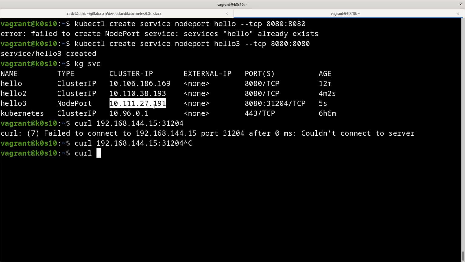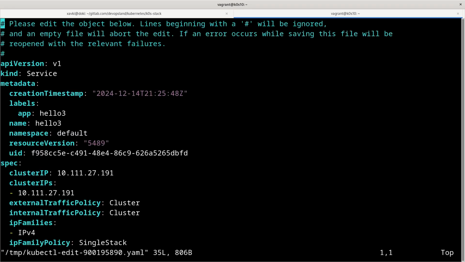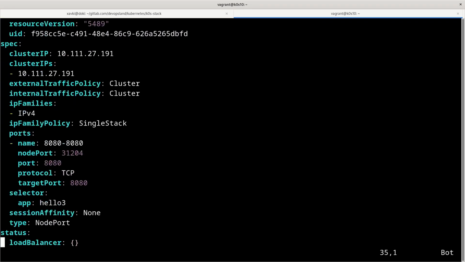Ah, yes, I know. I need to edit the port. Yes, kubectl edit service, and we can edit, for example, the Hello3 service like here, and just change the selector like we saw previously, like here.